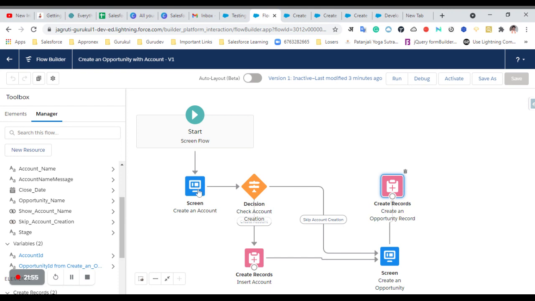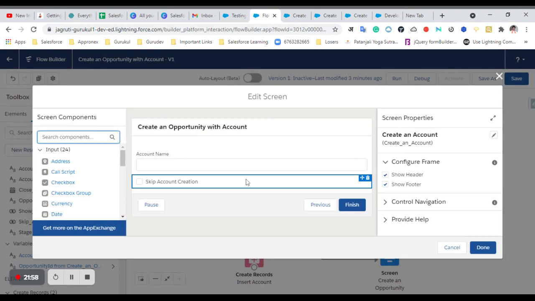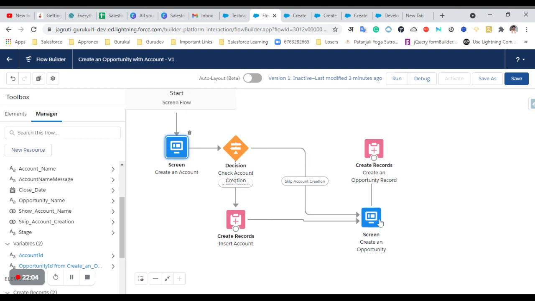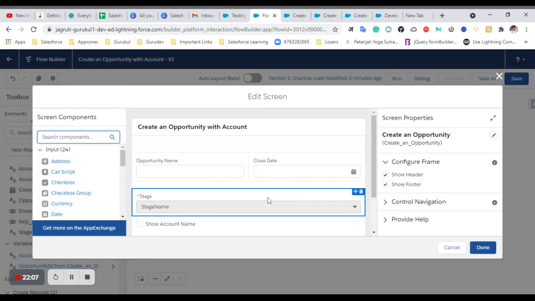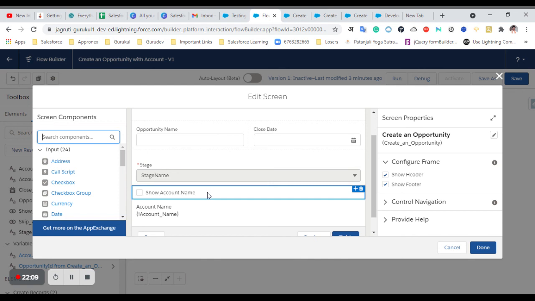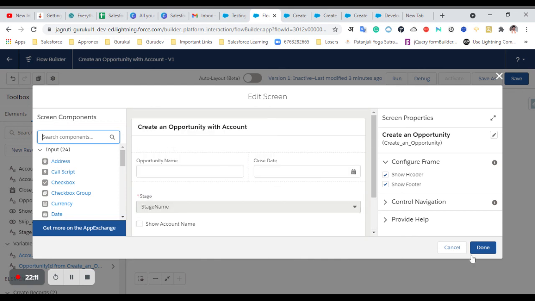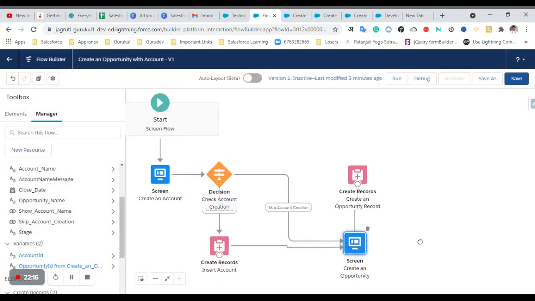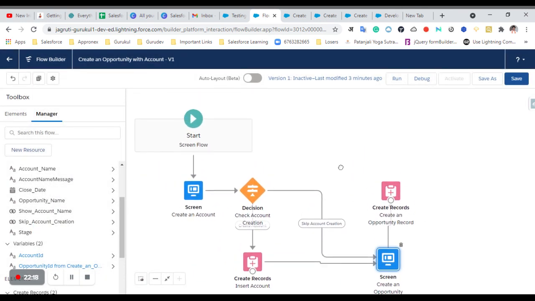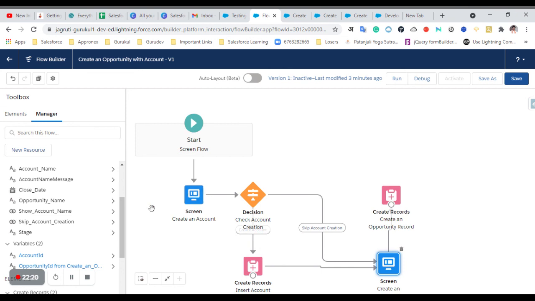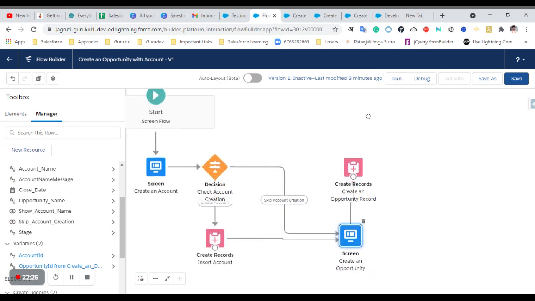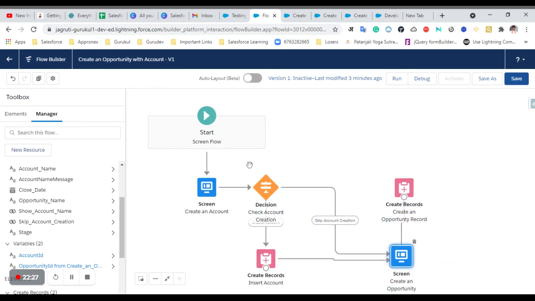In the first screen it will show all the options to create account, and if he wants to skip, he can. And in the last screen you can put the required fields for the contact, first name and last name, and on click of next or finish button it should directly create one account if he is creating it with one related contact. So it should work in this way.